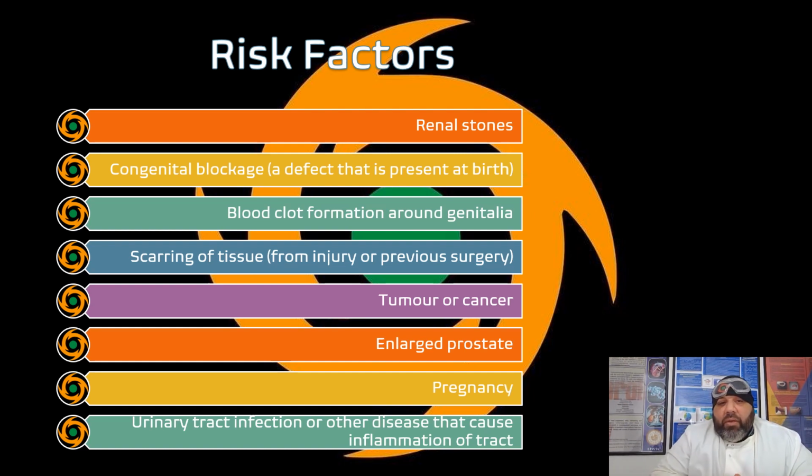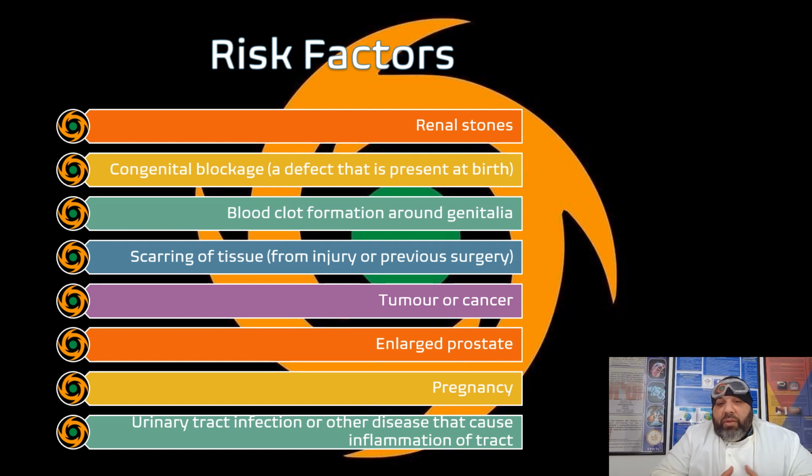There can be congenital bases as well, for example a blockage or a defect that is present from birth. There can be blood clot formation around the genitalia as one of the risk factors. Scarring around the tissue,